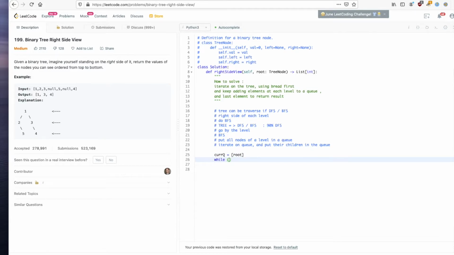So while current queue, this is in Python, it means if the queue is empty or not. We say for child in current queue. When you are putting new children in the queue, we make a new queue equal to a new array, and you say for child in current queue, if child dot left